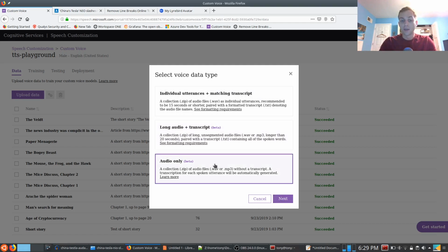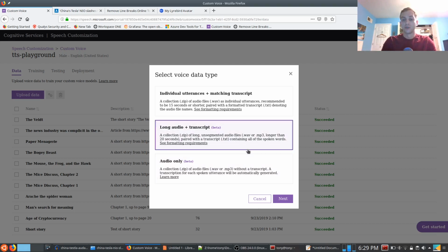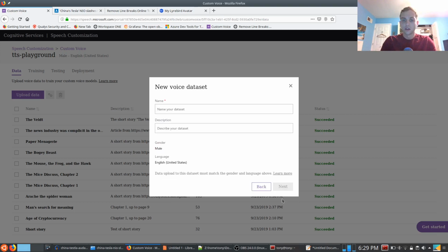And then I don't recommend doing audio only because you're relying on them to transcribe your audio, and it'll map what your words are to what they actually are much less accurately, because the transcription service itself is not 100% accurate. With this, we know the transcription is 100% accurate. The only point of failure is you failing to read the script properly. So next, we'll call this